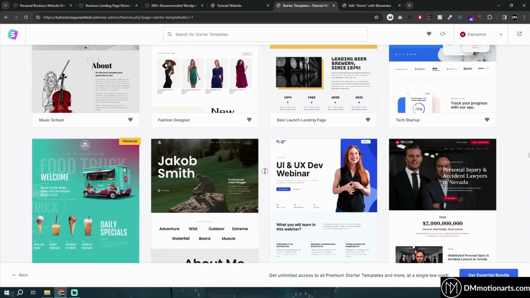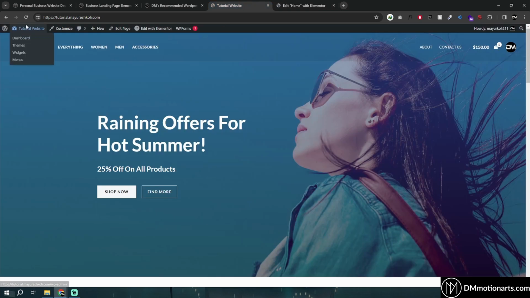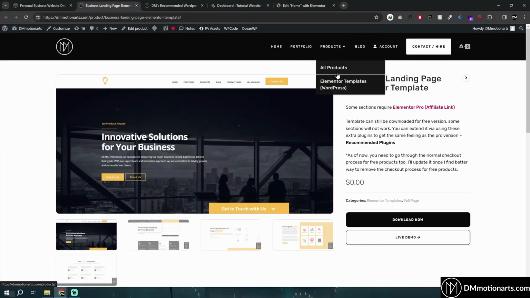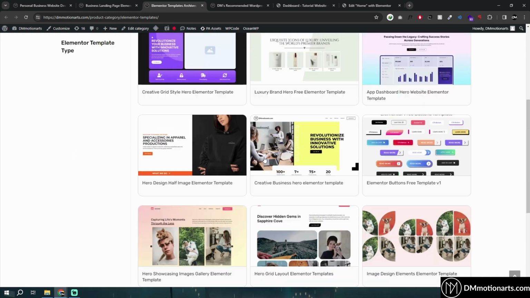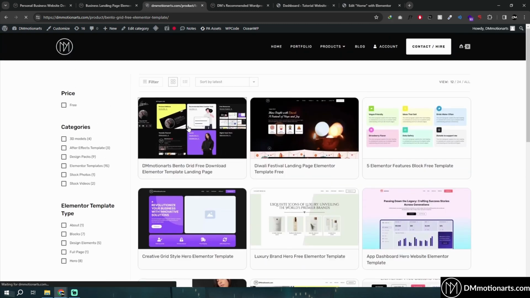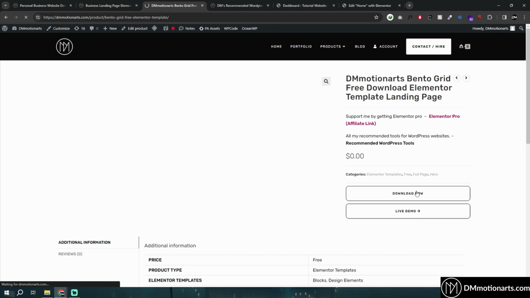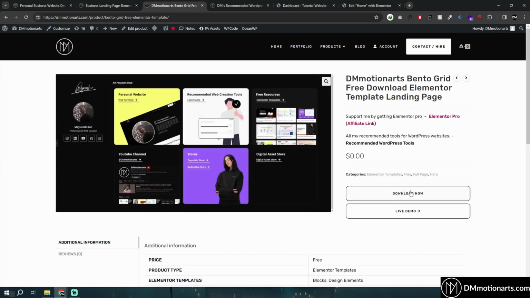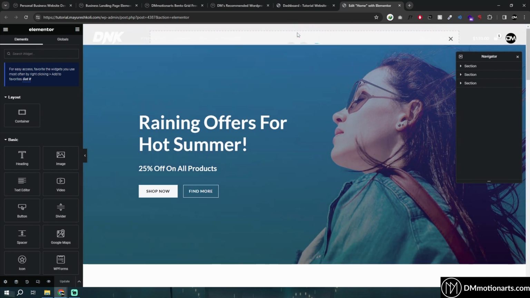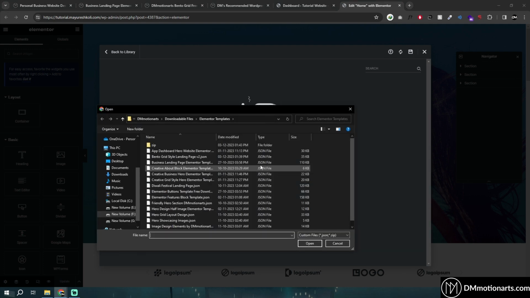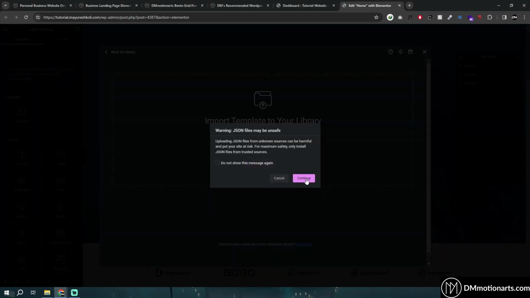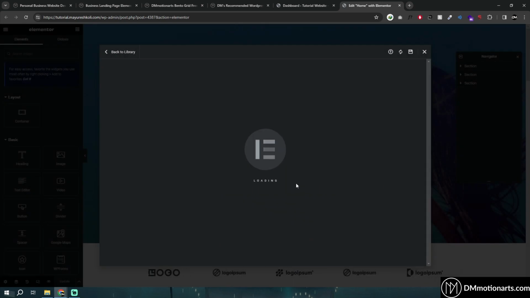And if you want even more templates to create your website, you can actually go to my website, and in Elementor templates I actually provide stuff for Elementor, and you could get it for free. Stuff like this page. You could just click download now, and then it will download a JSON file. And the way it works is basically go and click on this section, click on upload, click select, just click on the one that you want, click continue, click enable and import, and then just click insert and don't apply.